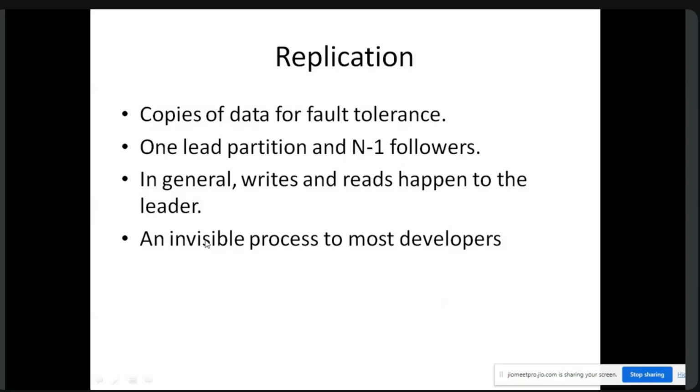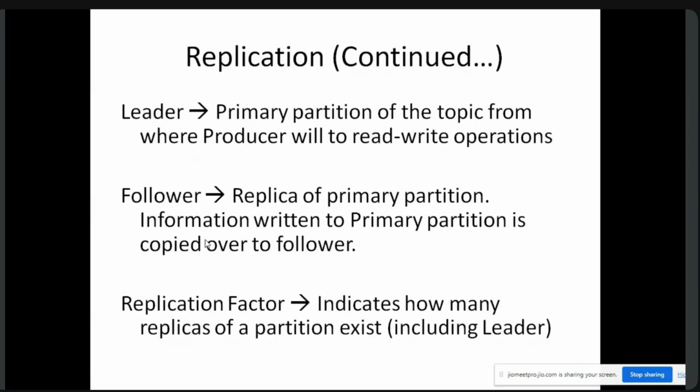Now, in replication, what is leader? I know. What is follower? That also I know. Now, replication factor is something we don't know. So it's also very simple. Replication factor indicates how many replicas of a partition exist, including the leader. So when I'm saying the replication factor of your topic is 3, it means